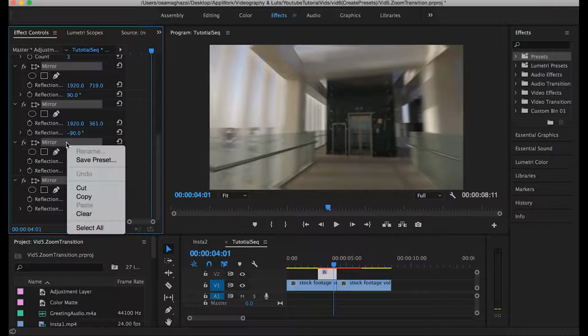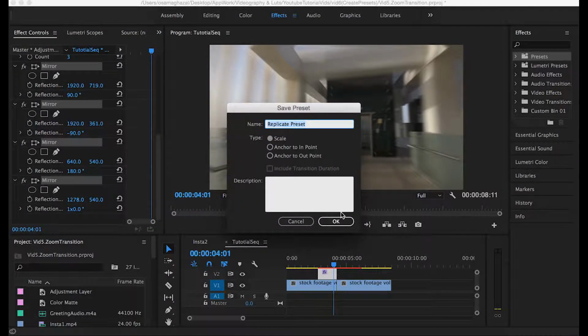I just have to right click, save preset, and I'm just gonna call this replicate the clip. So for now, you don't have to worry about the type thing. In the future, I'm gonna get into more detail and explain what each one of these options does. For now, just keep it on scale, press OK,